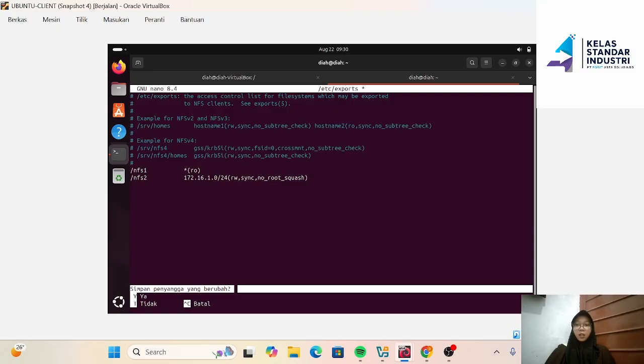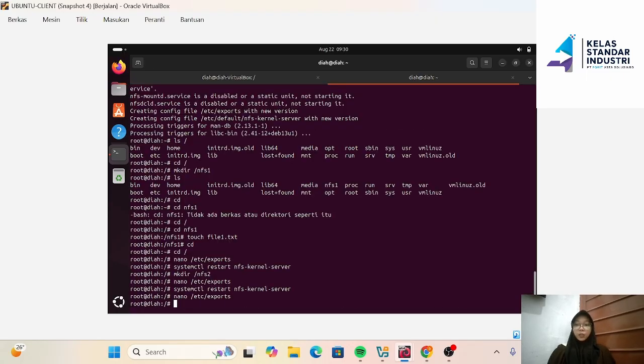This configuration allows only clients within that IP subnet to access nfs2 in read and write mode. Ctrl X, Y, enter. Once verified, restart the service.